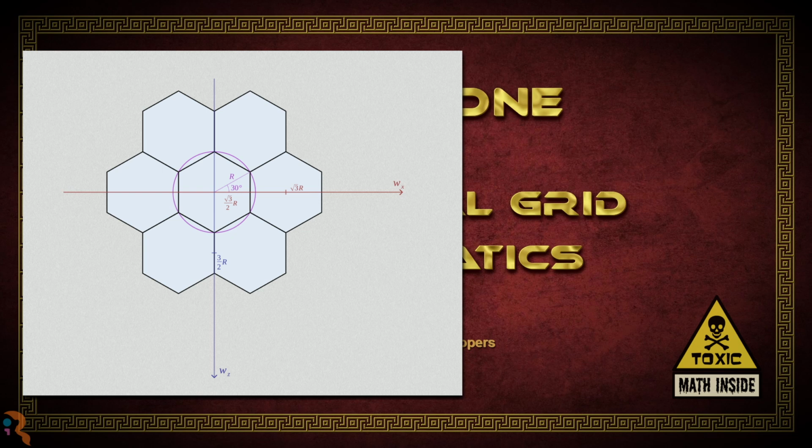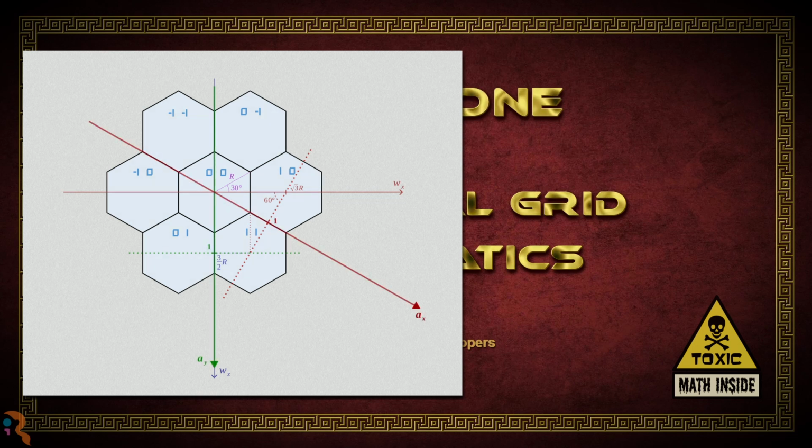Now we need to set up axial coordinates, and I choose these indicated in light blue because they resemble classic 2D screen coordinates. Looking at the coordinates, we can find the two directions where they stay constant, thus the axial axes are orthogonal to these directions. The red axis for the X coordinate on the right and the green axis for the Y in the center.